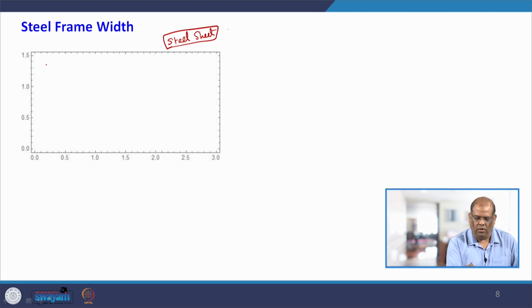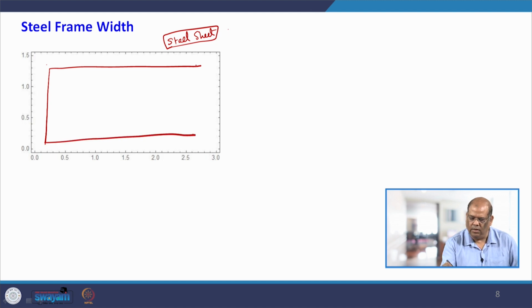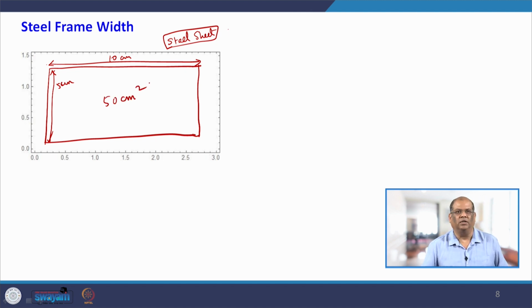So, you were told, okay, you cut up inside, take this rectangular sheet out, which is again given that it has to be 5 by 10, say I put centimeter. So, 50 centimeters square of the steel sheet has to be taken out